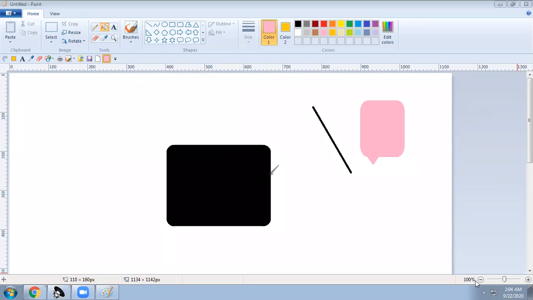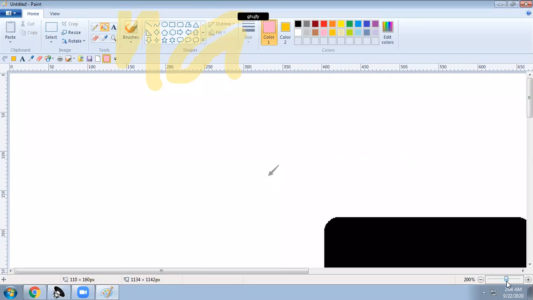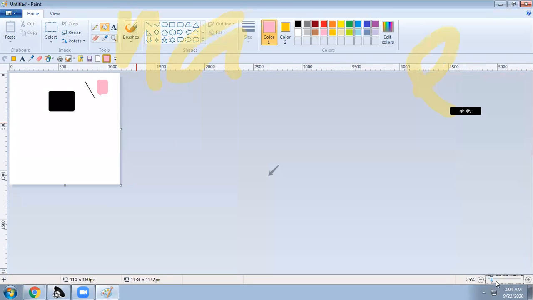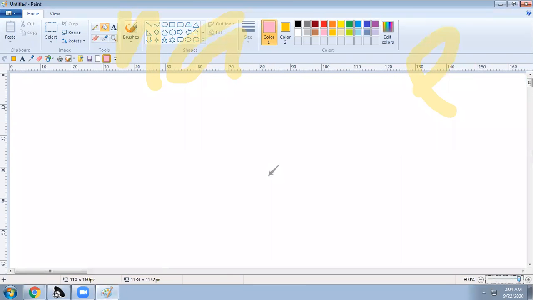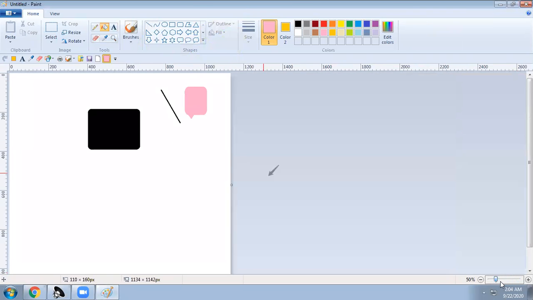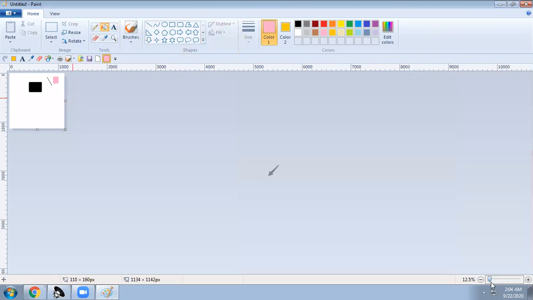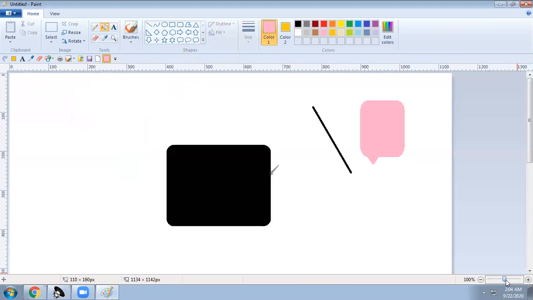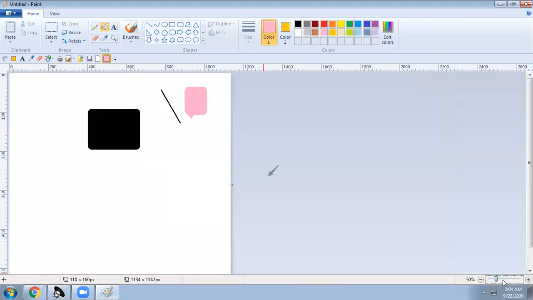You have here 100 to something around 800, and in this zoom in, zoom out is there. This percentage is there, so this is how, as you can see my cursor, you can make the screen size more and less. Okay, hope that it is clear.